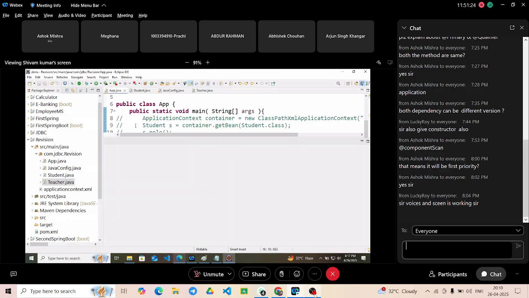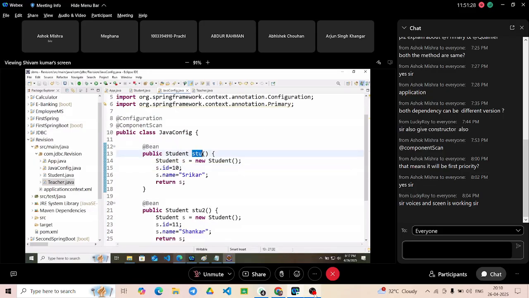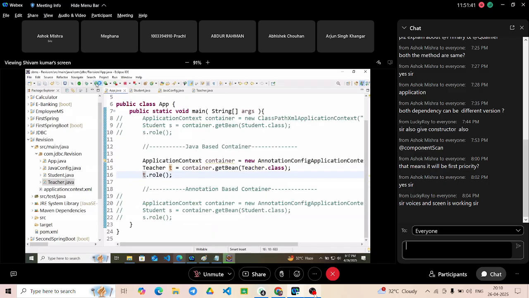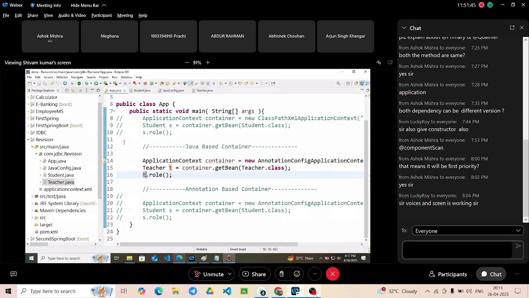How? Because the stu method belongs to Shrikar. If teacher is saying that the qualifier means the name of the student whose teacher I am as stu2, it will go and run the class, and that's what we got. So that is qualifier and